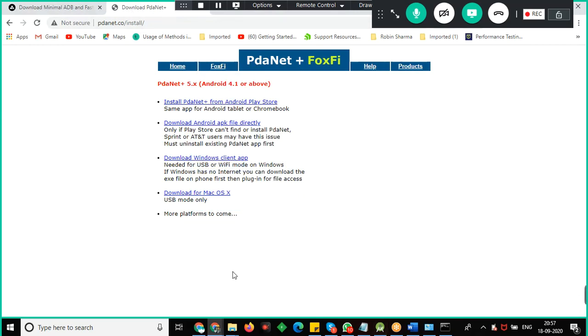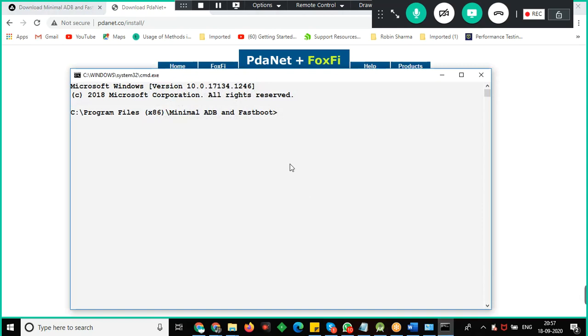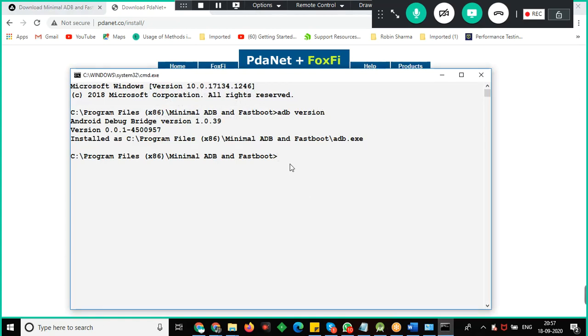So once the driver has been installed, we can directly work on the Android Debug Bridge version. Here you can work on the ADB command. So verify whether ADB is working fine or not. You can just type adb version.